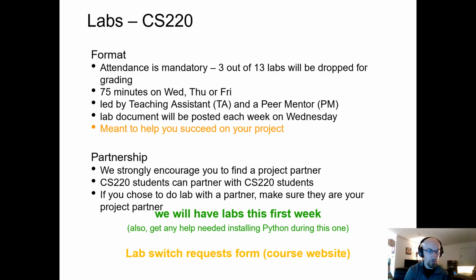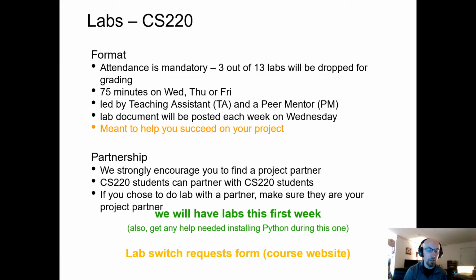In addition, you're allowed to have a partner for this lab. We'll talk about that in a little bit. All of the folks in my section are from CS220. So as a CS220 student, you can partner with another CS220 student. It's advantageous to do this with someone in your lab. You don't necessarily have to, but if you do it with someone in your lab, you'll be able to work with that same person on the project. So you'll be able to work on the lab and then the project together. If you partner with someone outside of your lab, then you're going to have to work on the lab by yourself, and then you can work on that project with that partner. So it's really advantageous to choose a partner from your lab if it's possible.